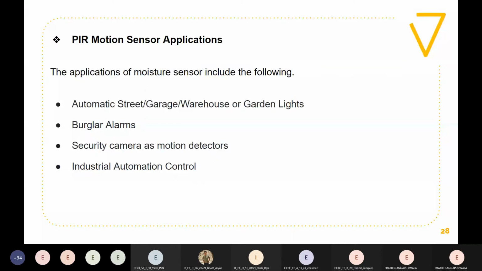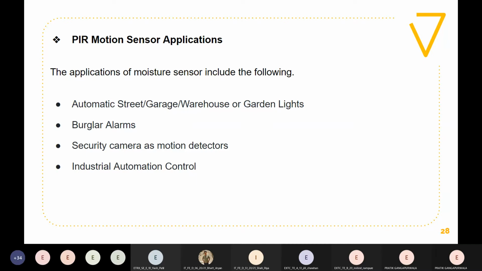The PIR motion sensor applications are automatic street, garage, warehouse or garden lights. Suppose a man is working in a garage, so the lights will be on. But as he moves out of the garage, the light will go off, so that electricity is also saved, and we can do some home automation things using this PIR motion sensor.